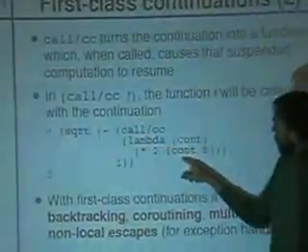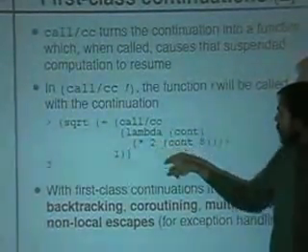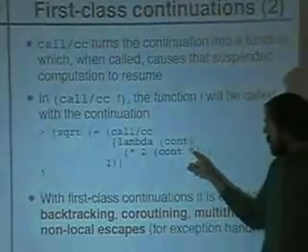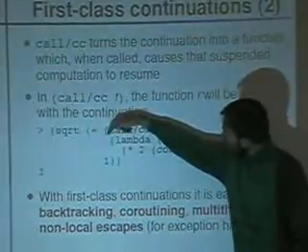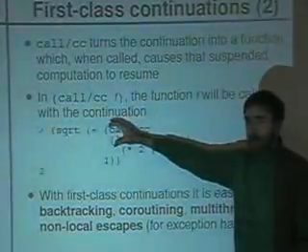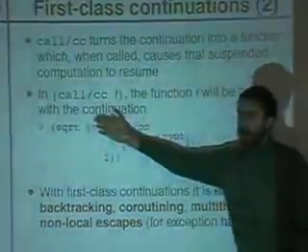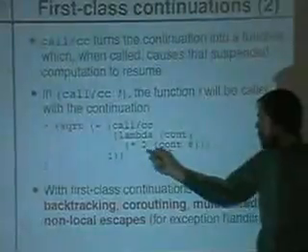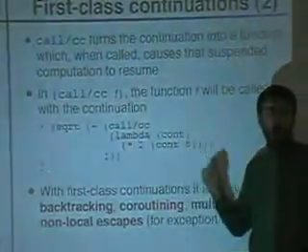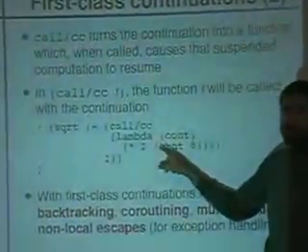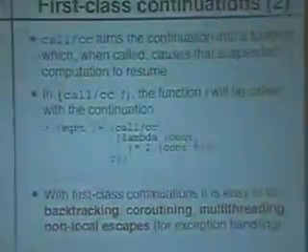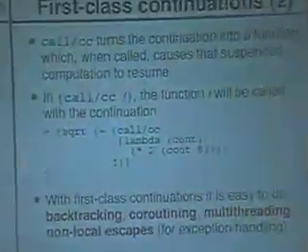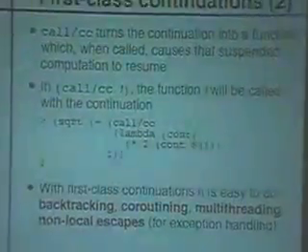So if we do something like this, multiply 2 by cont of 8, well, this call to cont of 8 actually returns from the call to call/cc with the value 8, adds 1, and the square root of 9 is 3, and that will be printed. So actually, this part of the computation isn't even used. This call never returns. When a continuation is invoked, it's basically a transfer of control from one point of the program to another point of the program.